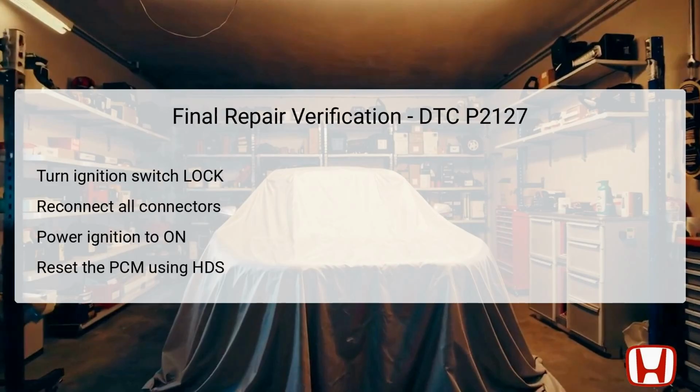The final repair verification process ensures that all previous steps to rectify DTC P2127 have been properly executed. Start by turning the ignition switch to the lock position to facilitate reconnection of all relevant connectors securely. Once everything is reconnected, power the ignition switch back to the on position while being cautious not to start the engine yet. Utilize the HDS to reset the PCM, ensuring that any previous fault codes are cleared from the system's